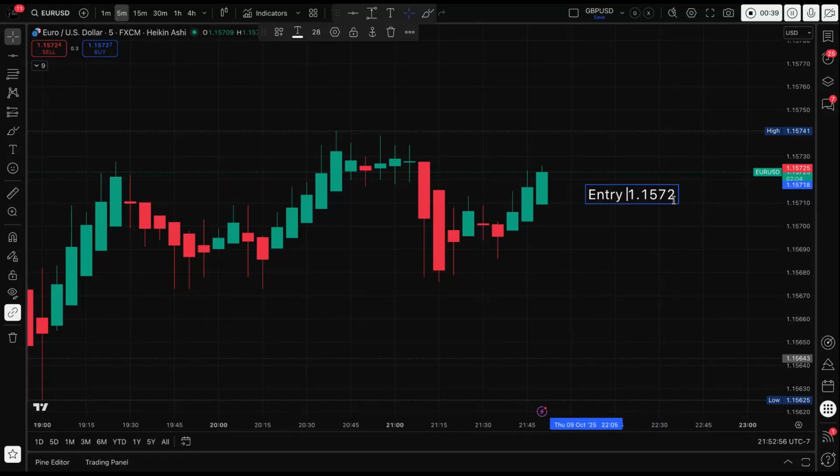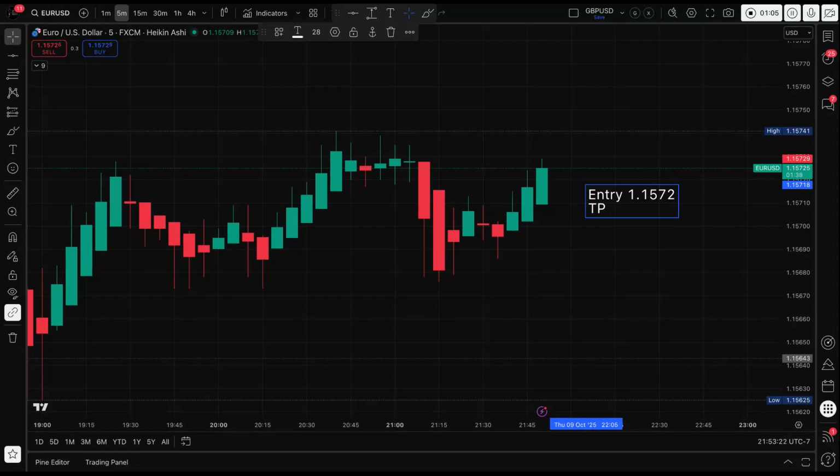1.1572. It is very important to remember that the foreign exchange market moves in pips, and we are looking at the fourth number after the decimal. So, what does that mean? Let's say I was going to enter this trade for a buy and I wanted to take, let's say, 10 pips. Okay. So, if I got in for a long, for a buy, then my take profit, which I'm going